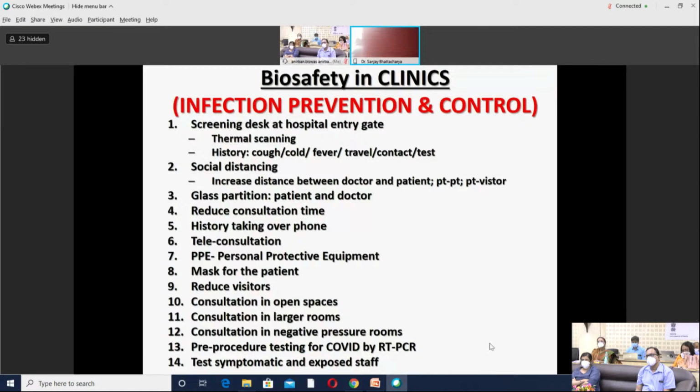Not necessarily always for the patient, but also for other official interactions which you have with colleagues from within your hospital, as well as colleagues from other institutions or individuals coming for an interaction. So can you sit in a large space so that you are sufficiently distant from the source? Consultation in negative pressure rooms, this is generally not done, but it becomes important if you are having a discussion